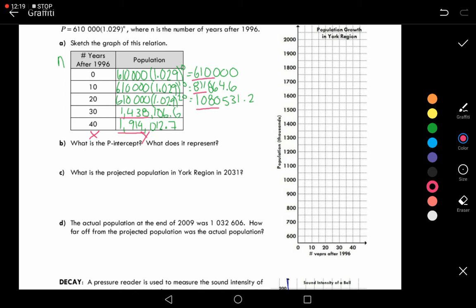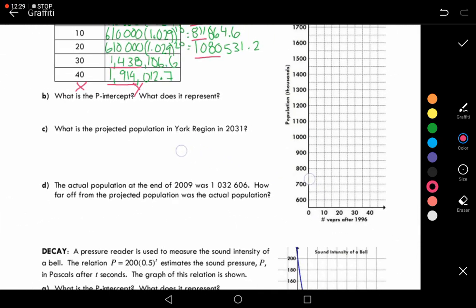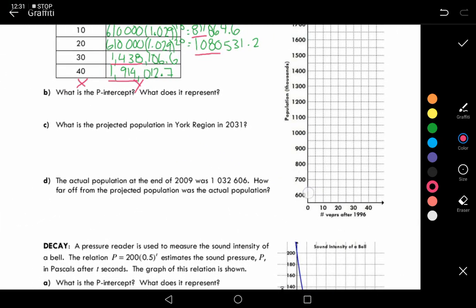So in the year 1996, or 0 years after 1996, rather, our population, we're going to plot it in thousands, so just above 600 there. Okay, next one, after 10 years, it's just over